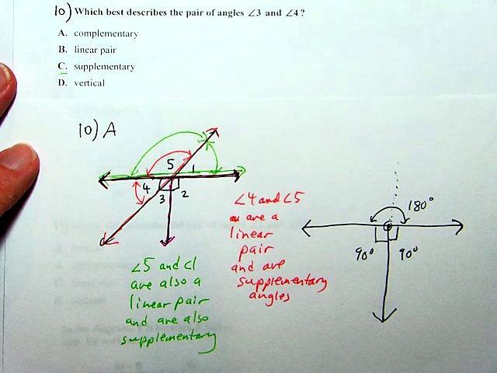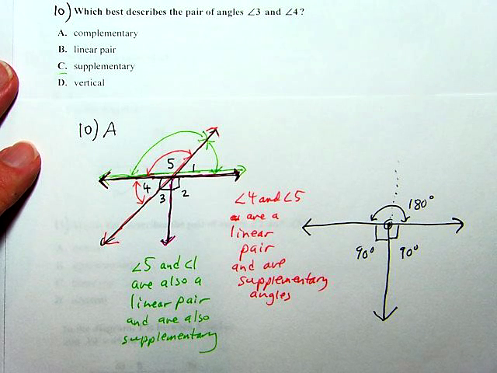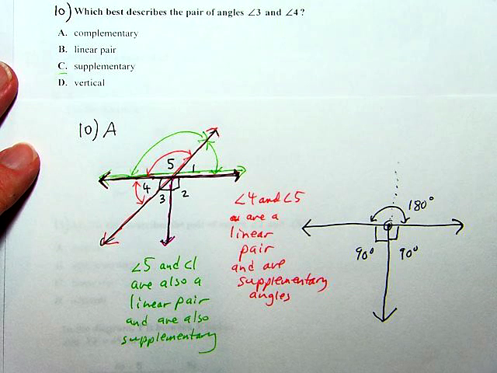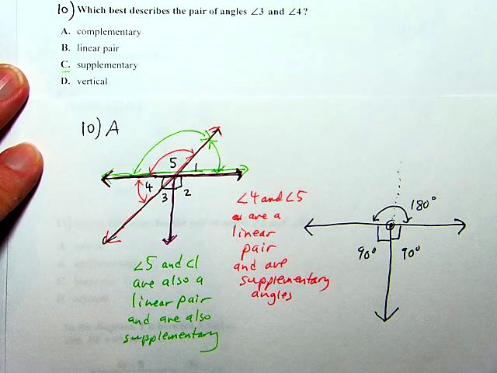Finally, what if the question was phrased, what are vertical angles? Let's look for some vertical angles in this diagram. Can you find a pair of vertical angles? Remember, again, there's no such thing as a vertical angle, singular, but there are vertical angles that are pairs of angles. When 2 lines intersect,